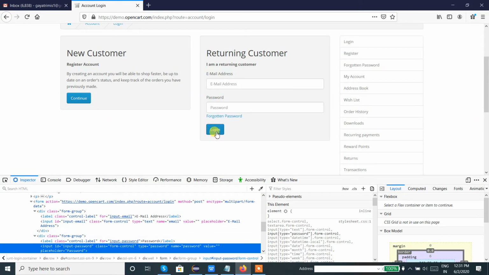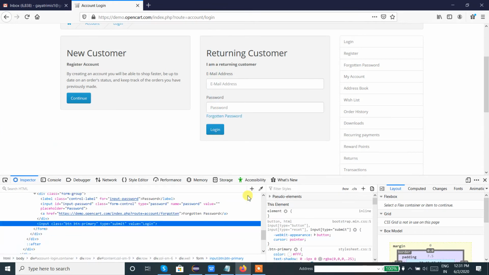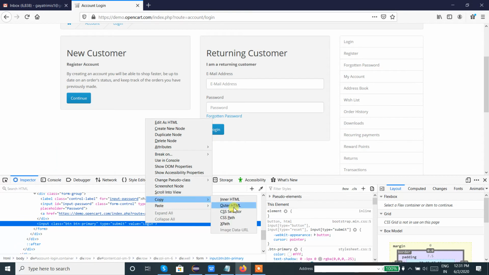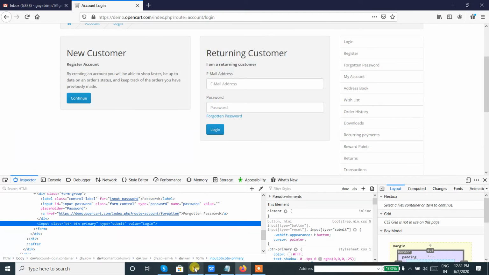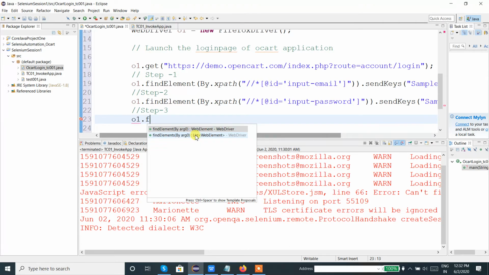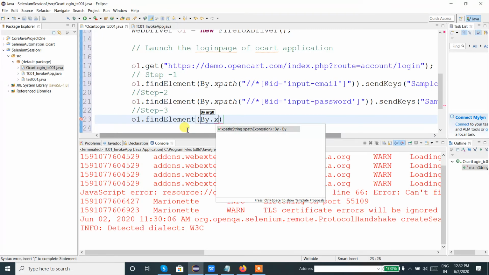So let us check what that button is, the login button. To click on the login button, again we need to inspect the element. Fine. Here we can copy the xpath again. The same way, the same findElement method by dot xpath.